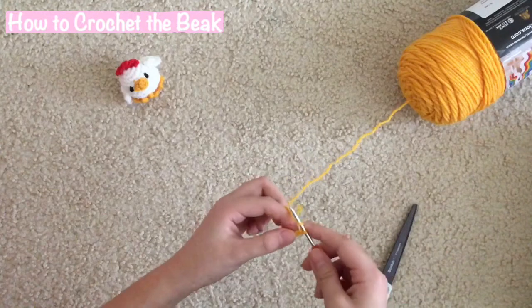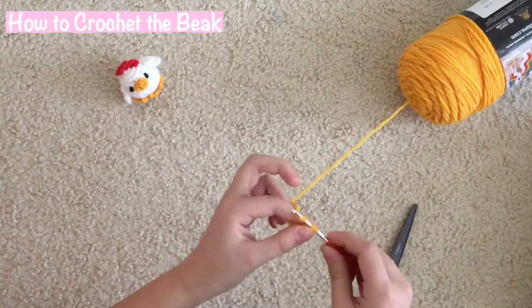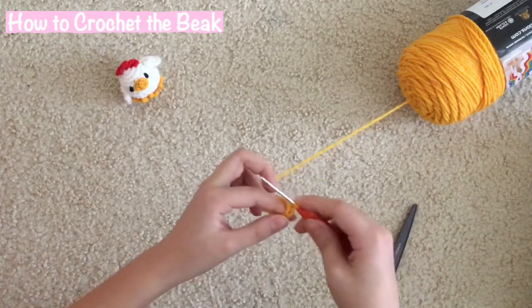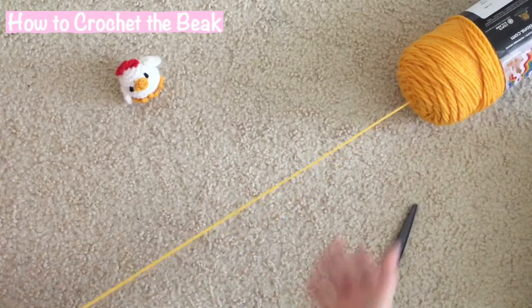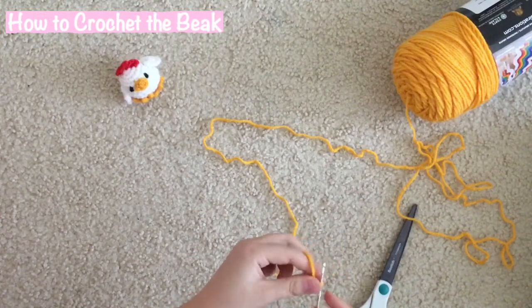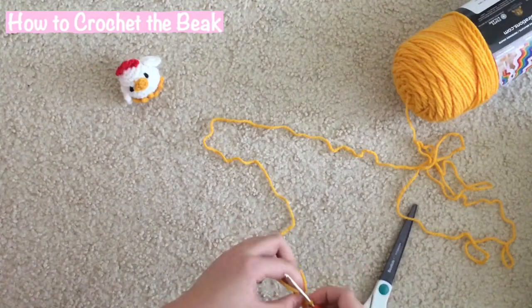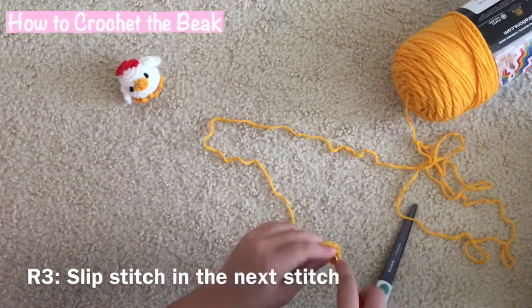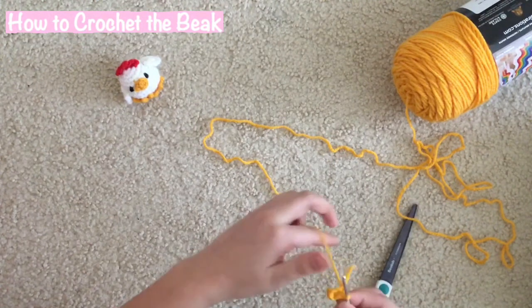crochet. So just yarn over and then go into that stitch, yarn over, pull through, yarn over, and then we're going to go through the 2 loops in the middle. And then we're going to have 2 loops again, yarn over, pull through those loops, pull some more yarn out. Next we're going to do a single crochet, and then at the last stitch, we're going to slip stitch into there, yarn over, pull through, slip stitch,